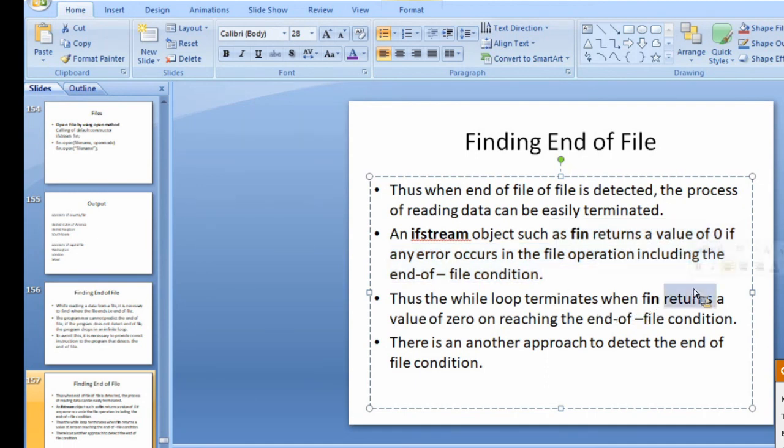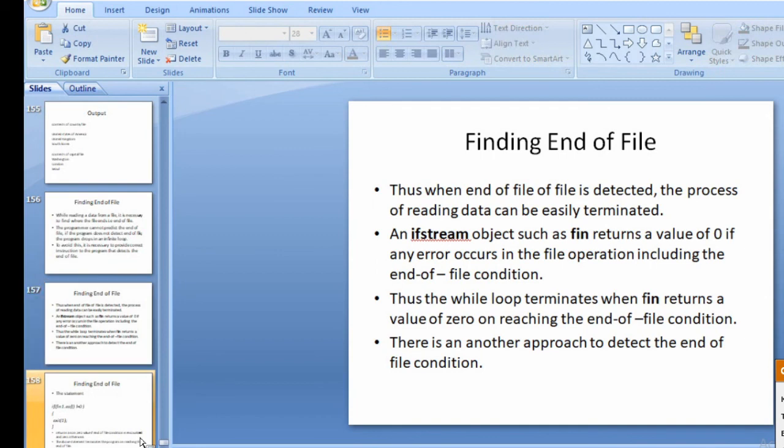While loop terminates when fin returns value 0 on reaching the end of the file. So when does the while loop terminate here? It terminates when it reaches an end of the file.